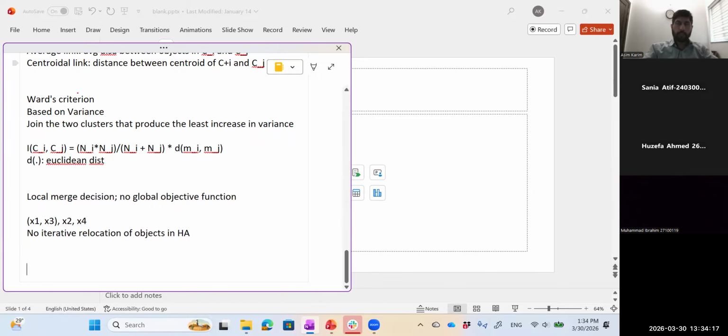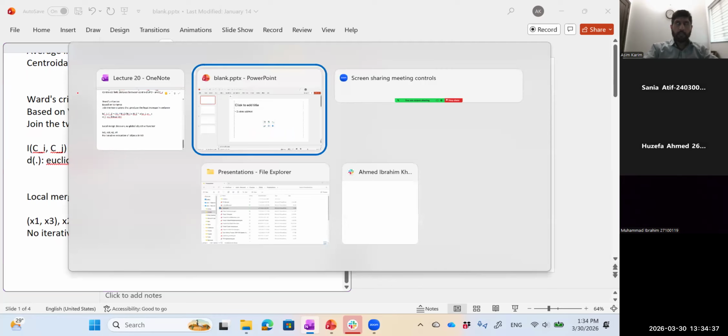Okay, and of course computational complexity इसकी कम है with K means. इसके advantages of course ये हैं कि it is iterative, interactive, good for initial clustering, and you have the flexibility of applying this to numeric data, to non-numeric data, and so on. एक फिगर है वो दिखा देता हूँ।